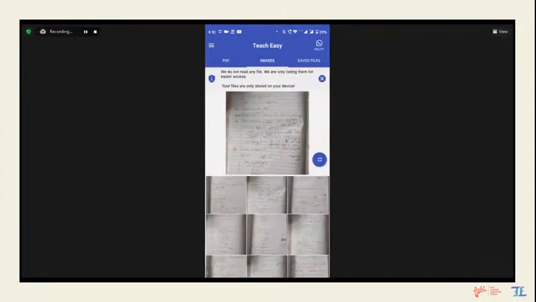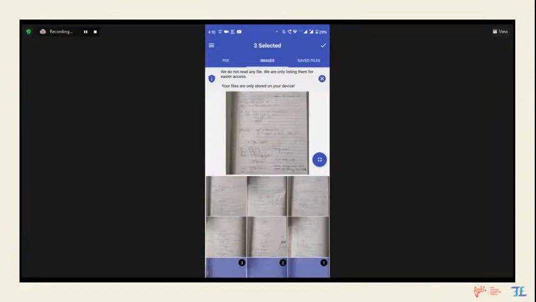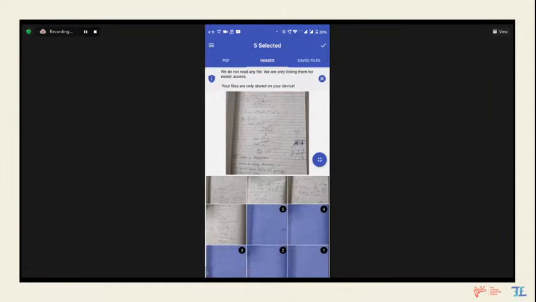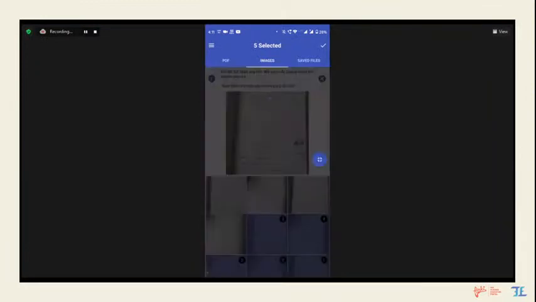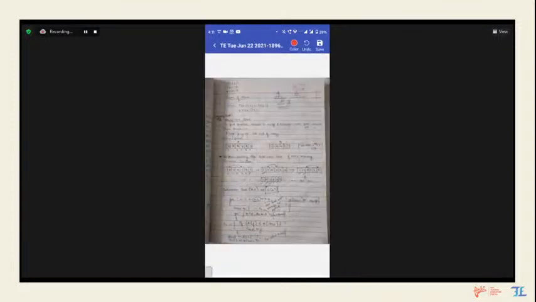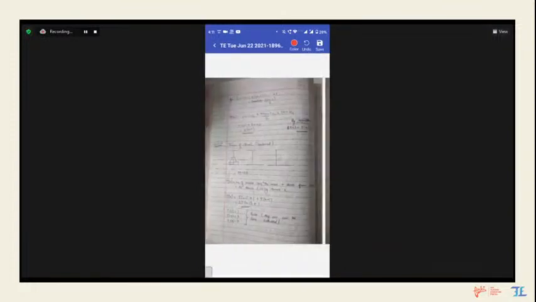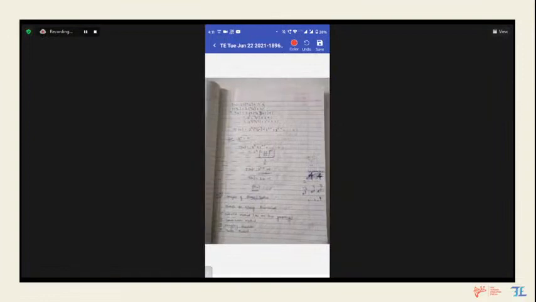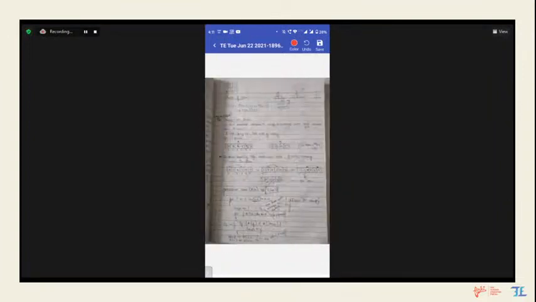So what I'll do is I'll select some images, right? These are some sample images that I've clicked. Assume these are the images that are being sent by WhatsApp by your student, right? I can select multiple images like you are seeing, and then I'll click the tick button or the done button. On doing that, a single file has been created inside Teach Easy for you to get started